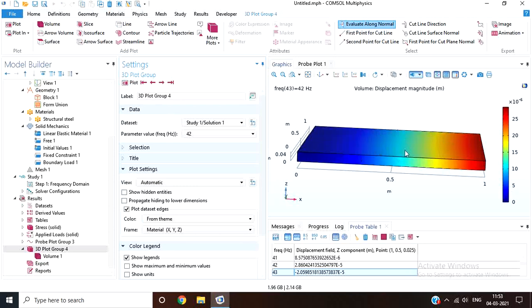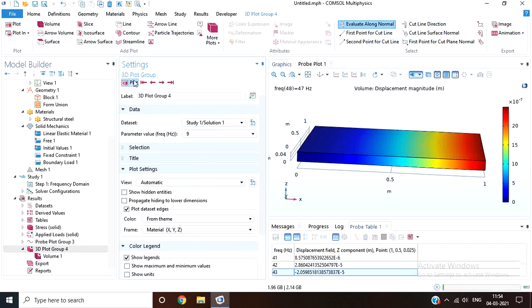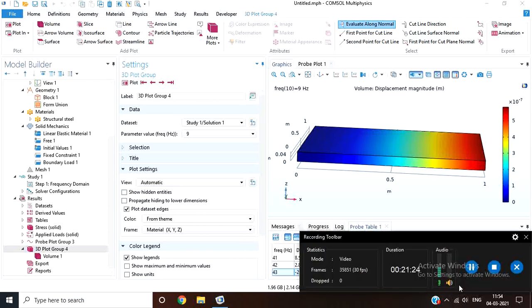You can see for 42 the displacement is maximum. You can see more red region in 42 and 43, while for others the red region will reduce. So this is how frequency domain analysis and natural frequency analysis is done. Thank you.